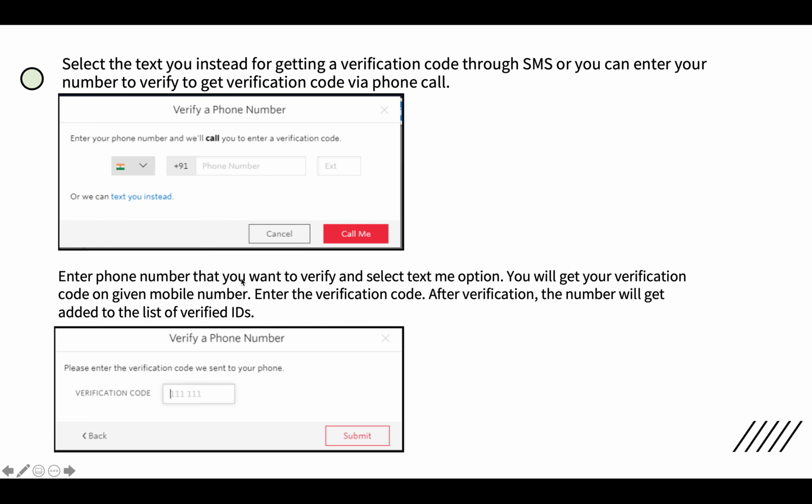After that, it will send a verification code or OTP on your mobile, and you have to just copy paste the same in the verification code box, and click on submit. So the first way was to send the verification code. It also gives the option of a callback. So depending upon your ease with your handset, or whatever suits you, you can choose either of these two different options.